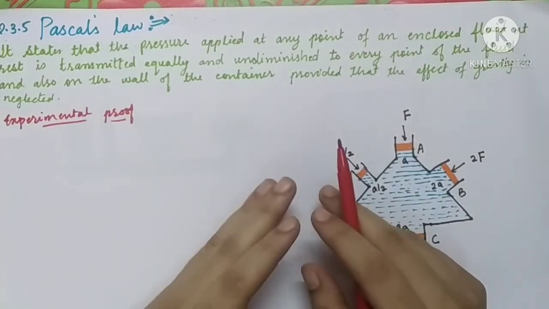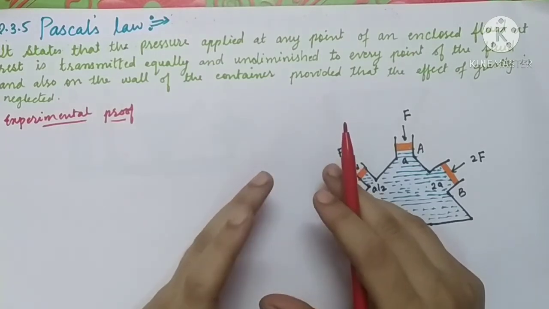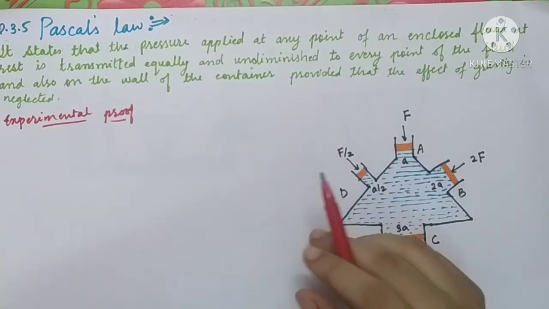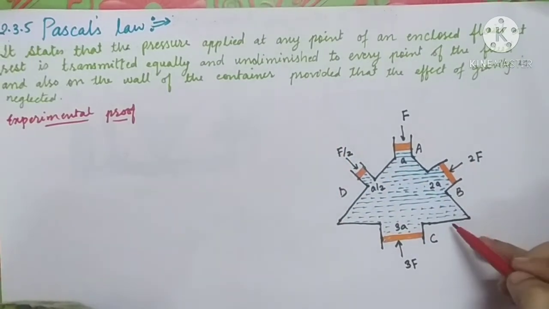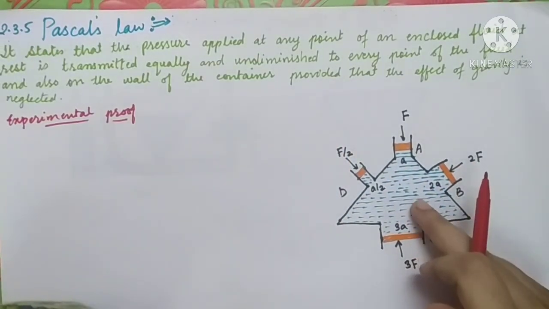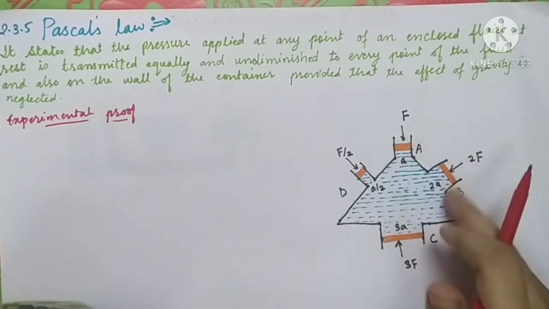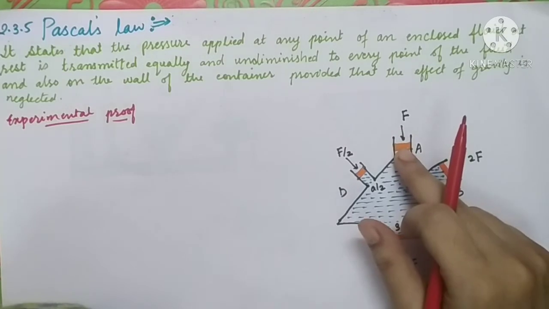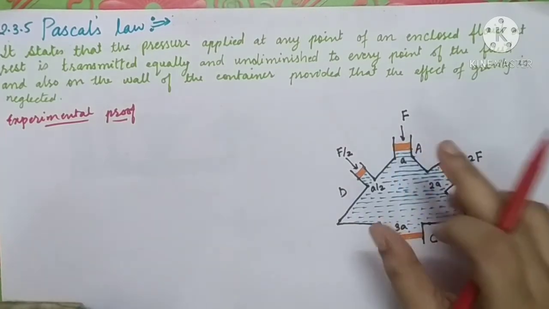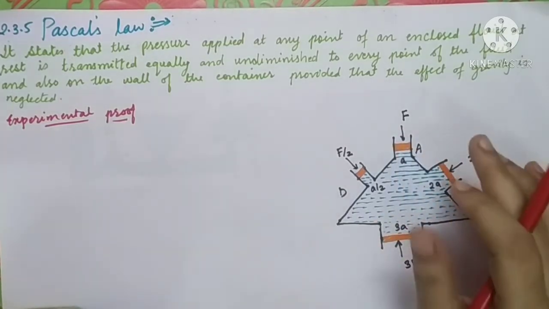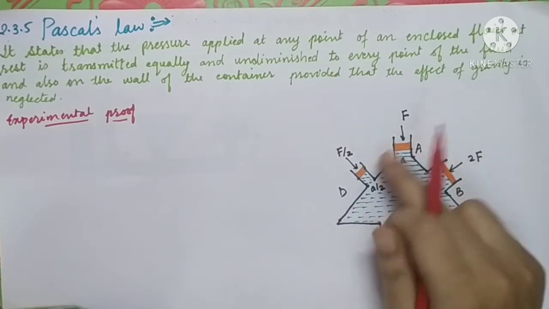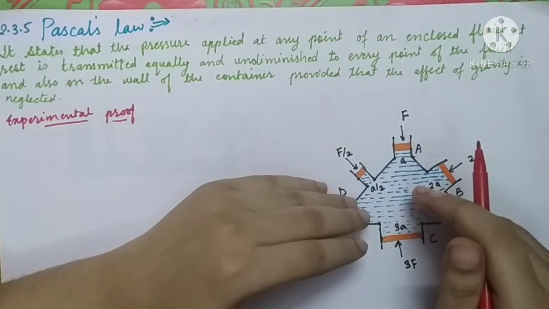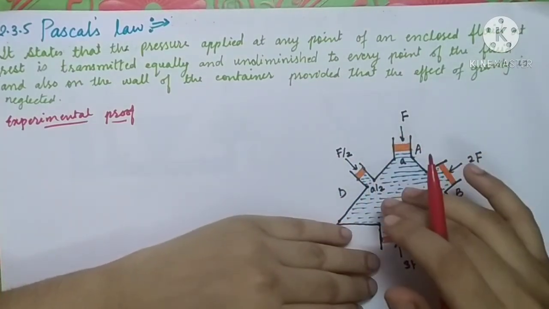So if you take a fluid in any container which has more than one opening, now just see in this diagram, here we have taken one container with more than one opening. When you apply pressure from any side, you will see that each and every opening will have the ejected fluid in it.